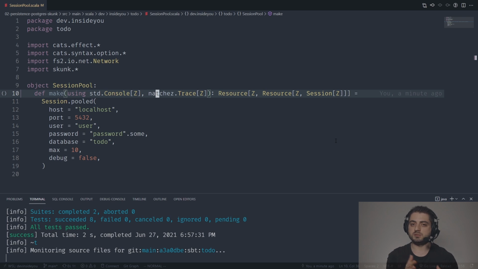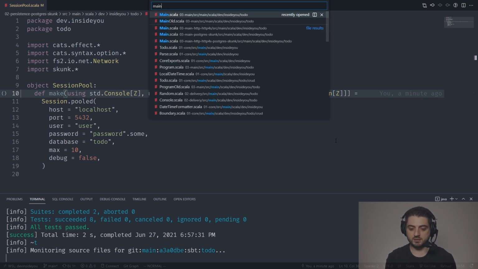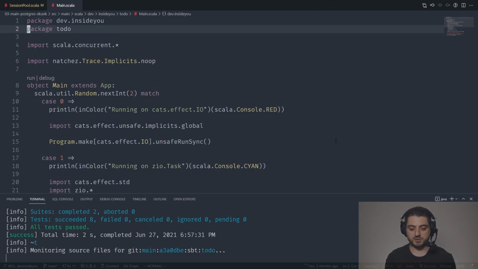ZIO often brags, it's proud of the fact that it doesn't use that many implicits or higher kinds and stuff like this. So I wanted to follow the same kind of guideline. Okay, so if I were to go to main, this one for example, we're going to just grab this line